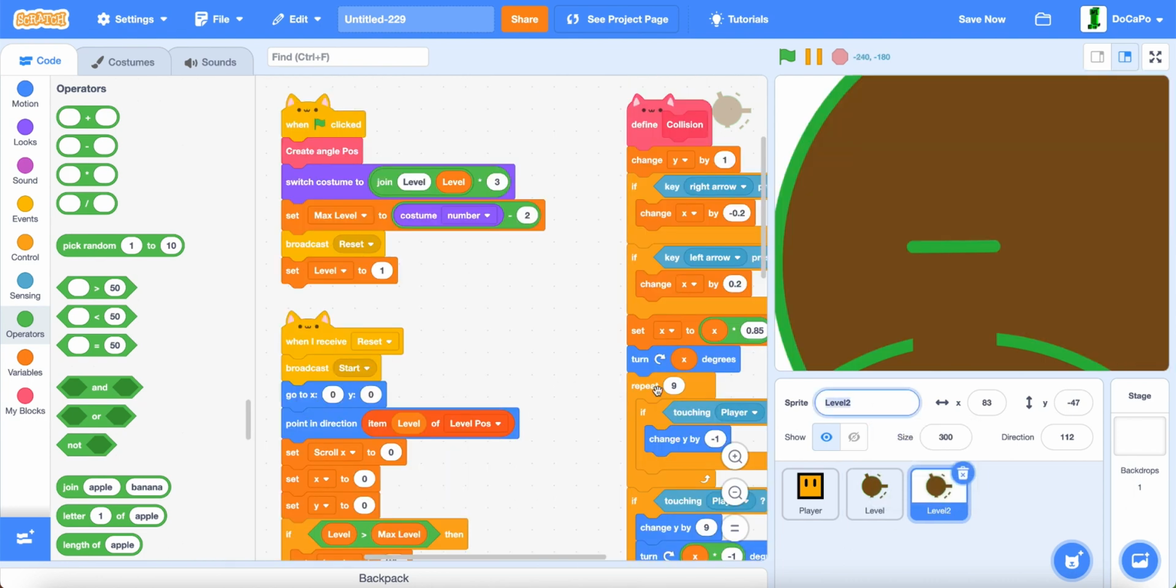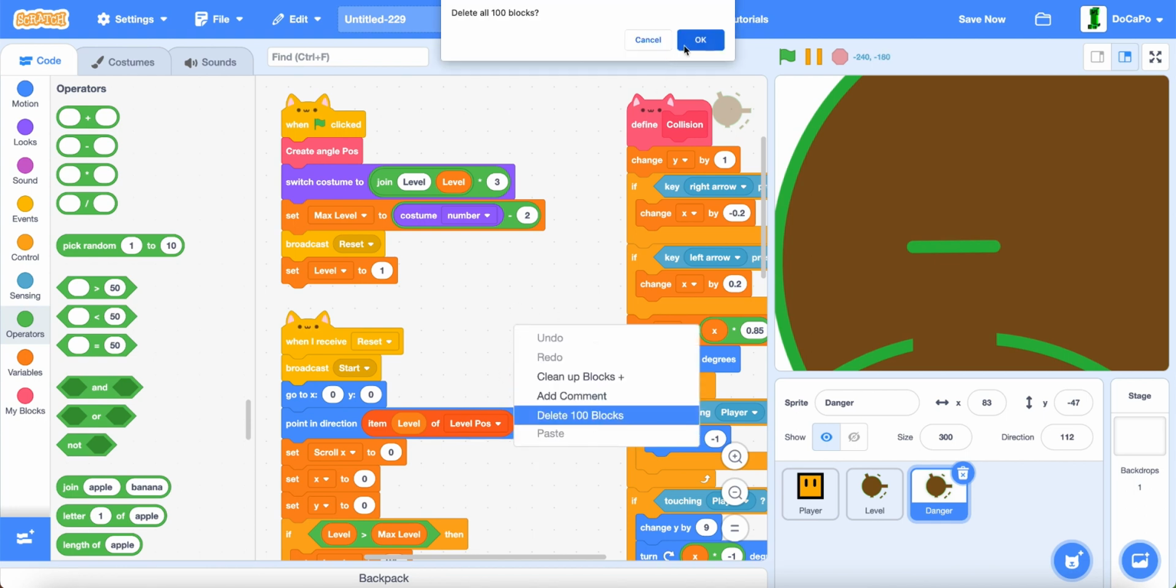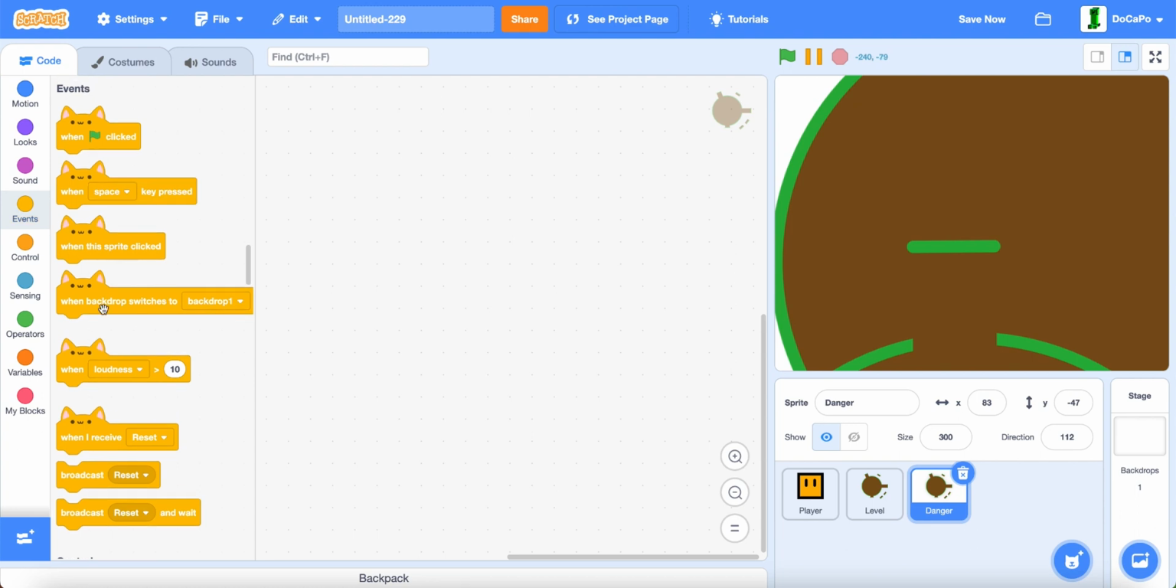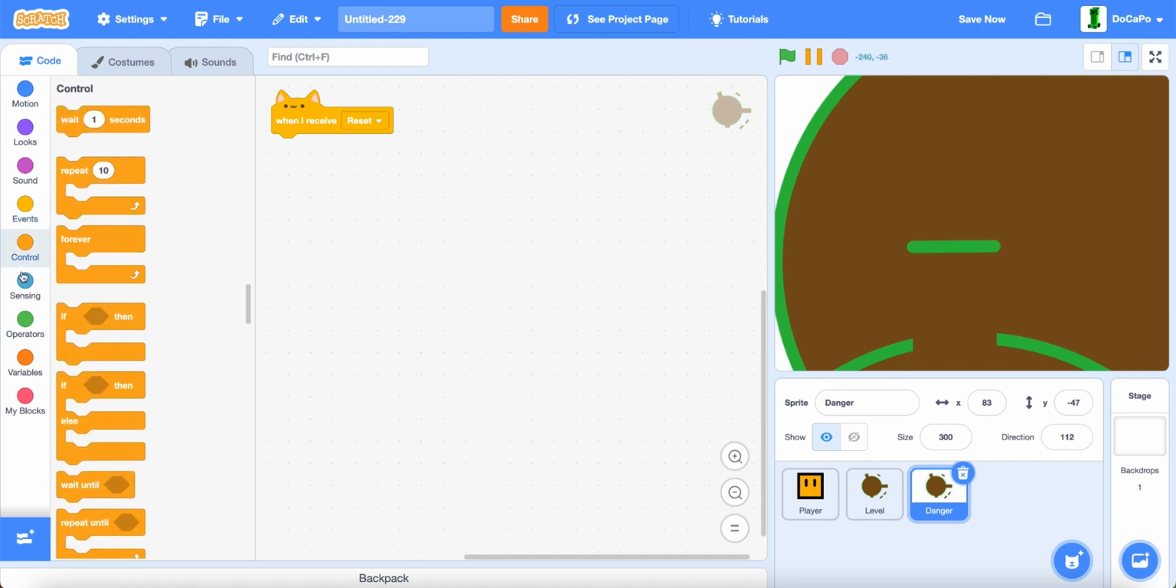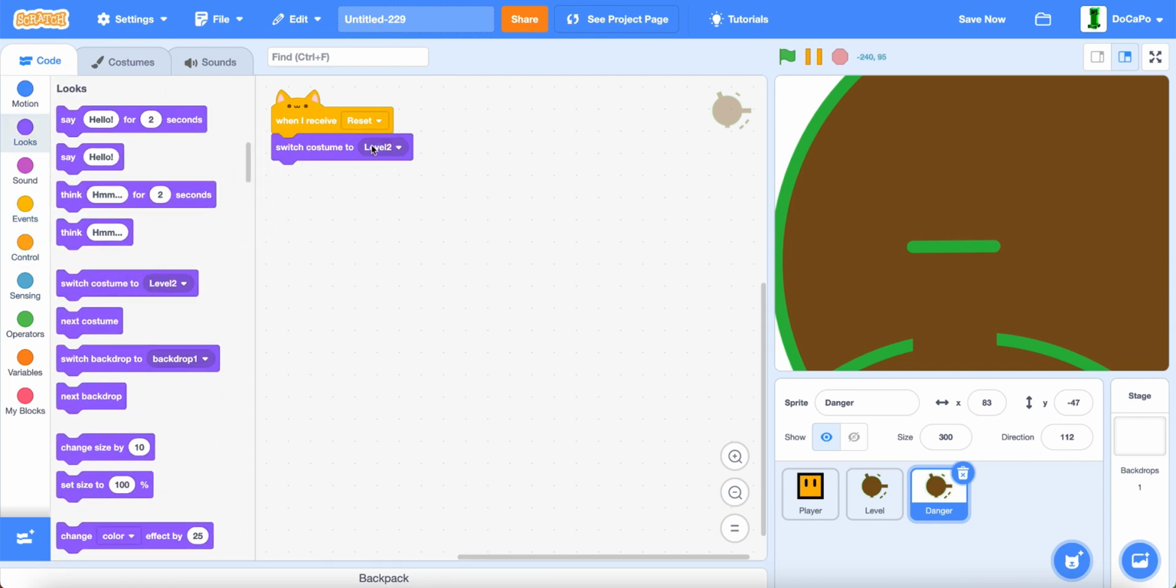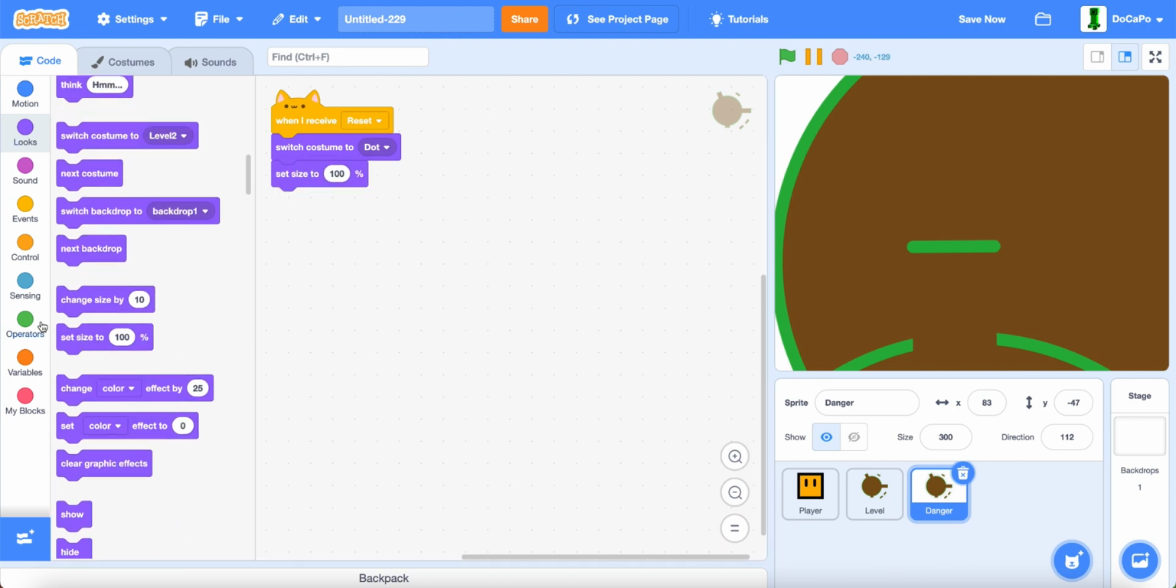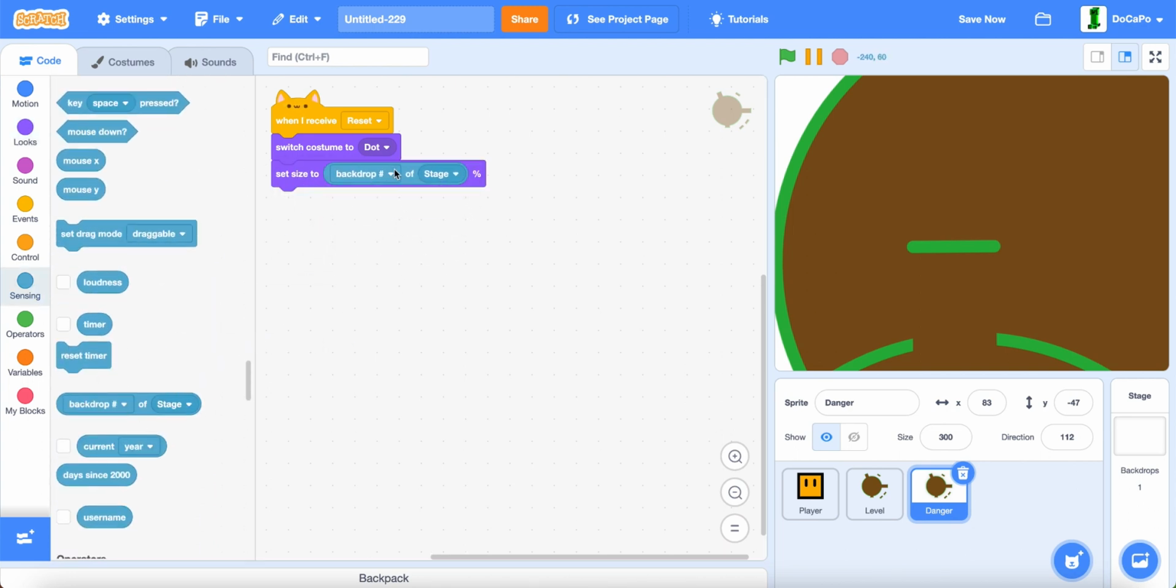Now duplicate level, name this one danger. Now make sure you're in danger and then right click and delete all of the blocks. Now in danger, when I receive reset, switch costume to dot, set size to size of level,